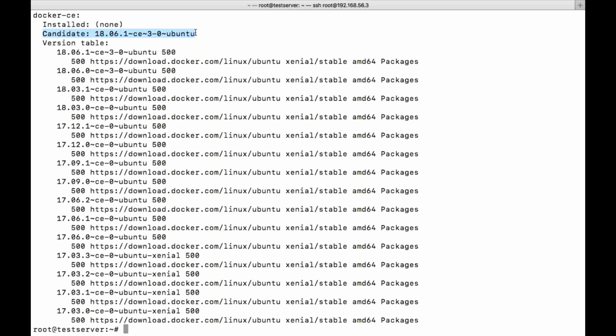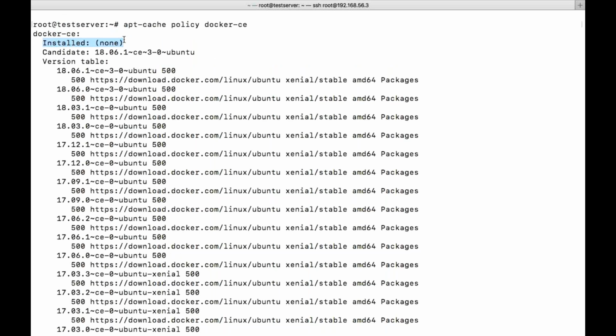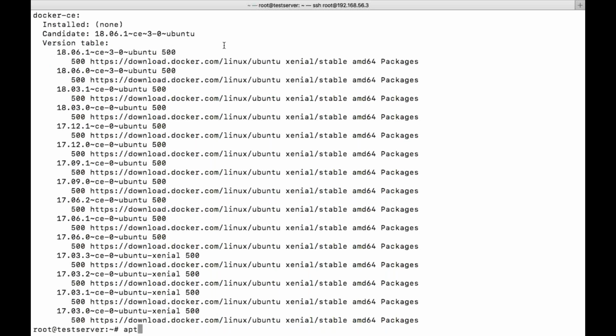In the install section, if the package is installed, then it will show you, but here it is not installed, right? So if you want to install the latest version, we'll directly give apt-get install docker-ce. But let us say I want to install this 17.03, then copy this, give equal to, and then paste.